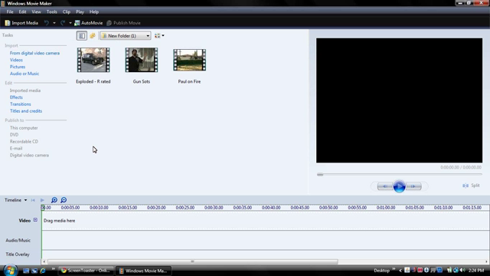So basically, what you want to do when you're making your movies is to keep a couple things in mind. There's a few things that people do that are common mistakes when they're making films. One is they make them way too long. So if you're going to show your family vacation and upload it to YouTube and show grandma, you still don't want to bore grandma to death. So she's got a short enough life as it is right now, so you want to make these things as short as possible, but as entertaining as possible. So, with that said, I will stop talking and actually show you how to make a very quick video using